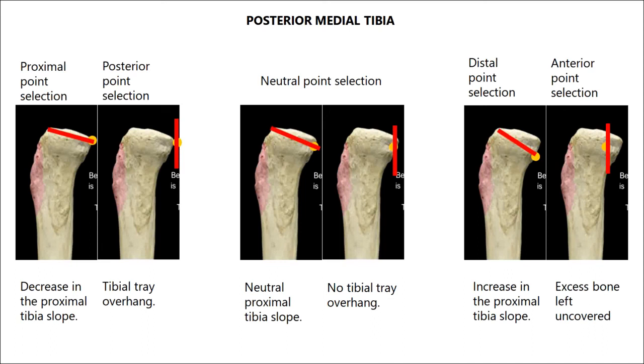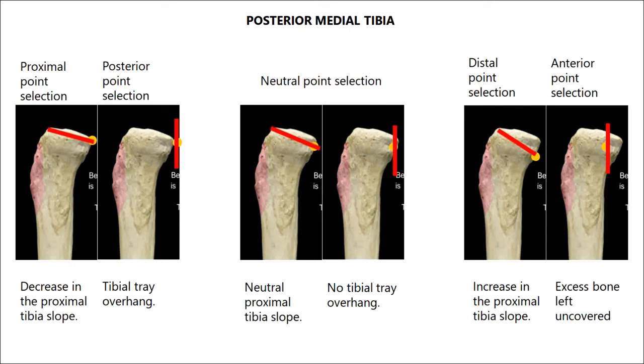This landmark is also used to calculate the amount of bone left uncovered or the extent of the overhang of the tibial tray. Errors in selecting this landmark will lead to errors in defining the amount of the bone left uncovered or the extent of overhang of the tibial tray. As this is a direct measurement, the amount of error in the anatomical landmark registration will be reflected to the same amount in the result. Hence, precision in selection of this landmark is mandatory.